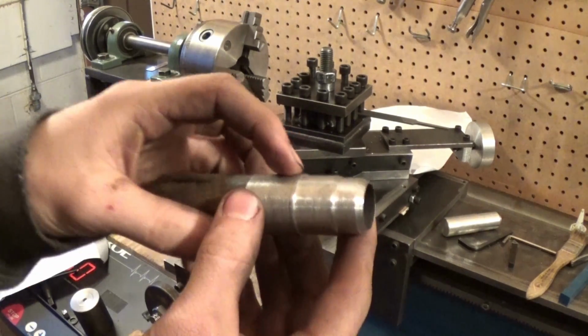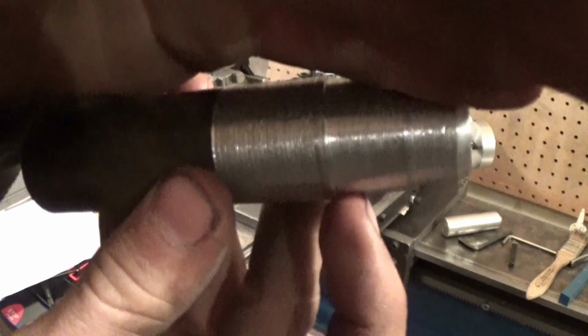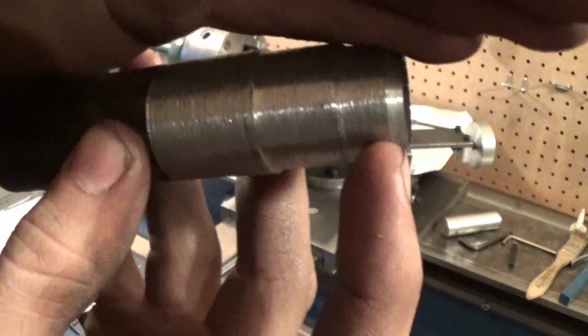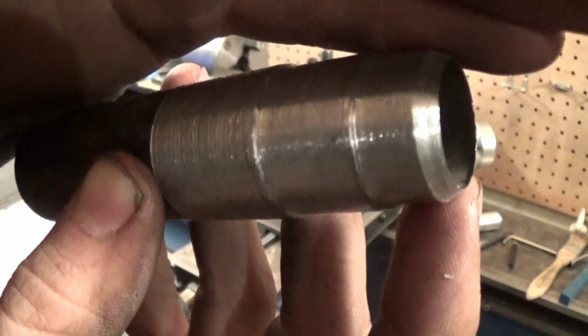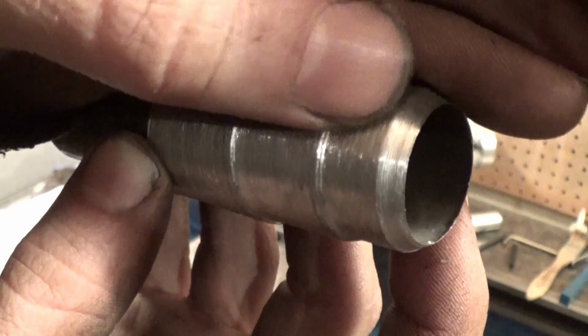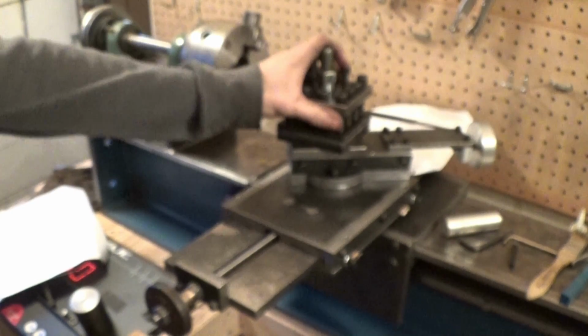Here we go. It doesn't really do that well. That right there was pretty bad, and then I tightened it up, got rid of some more play, and then I turned that right there. And that's actually not that bad. It's for a homemade lathe, it's not that bad. So I got rid of a little bit more